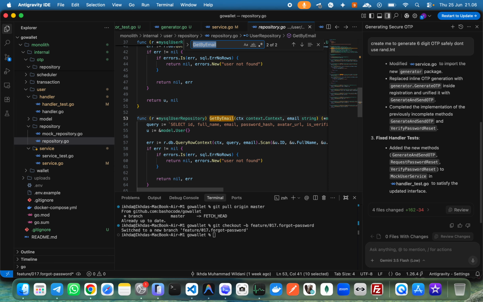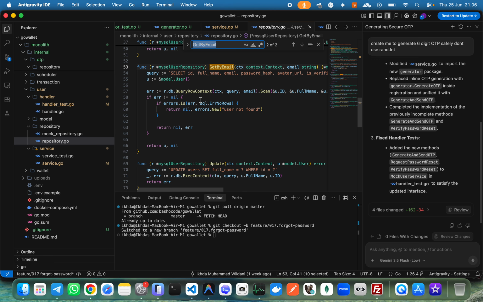Here I want to check, select query role context, this should be noted, this should be okay, but here is user not found. So here I think I need to create a new one, should not be user not found, should be cannot